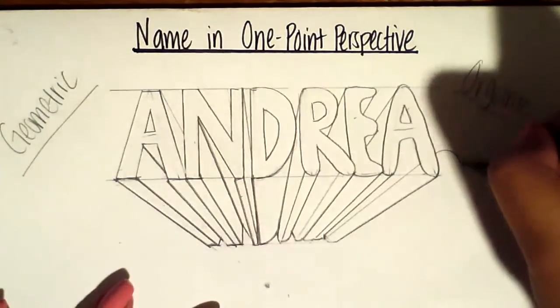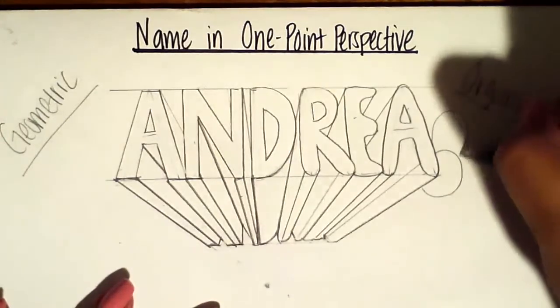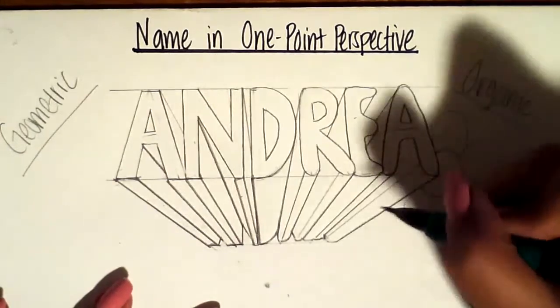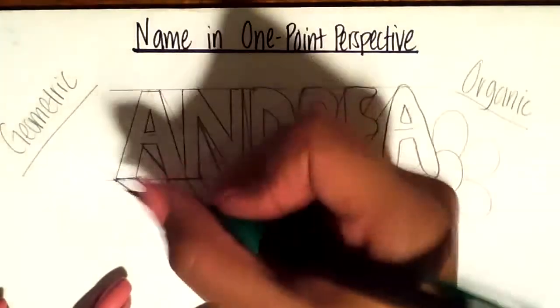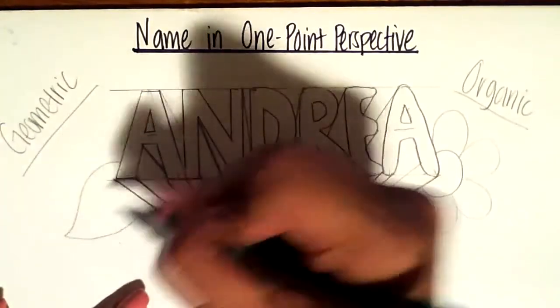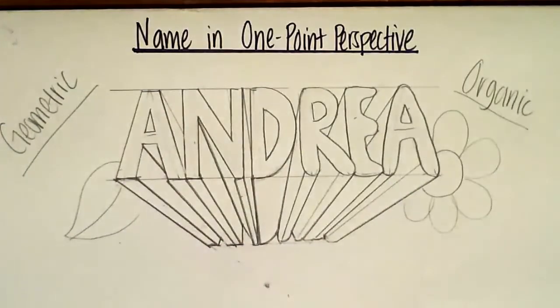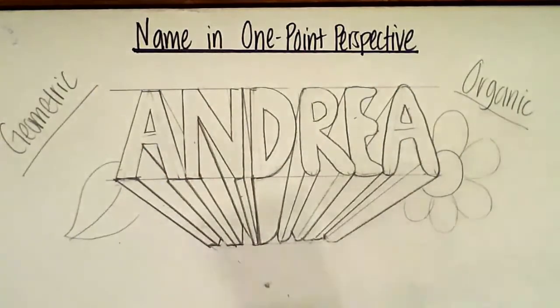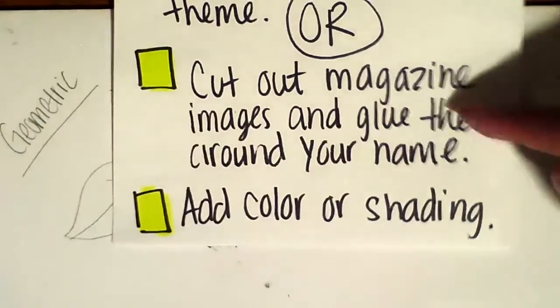Maybe I'm gonna go ahead and make some flowers around right here. Maybe make some leaves. I'm just gonna try to do something fun because my theme is nature. So you could be creative, you can draw whatever you want around your name,